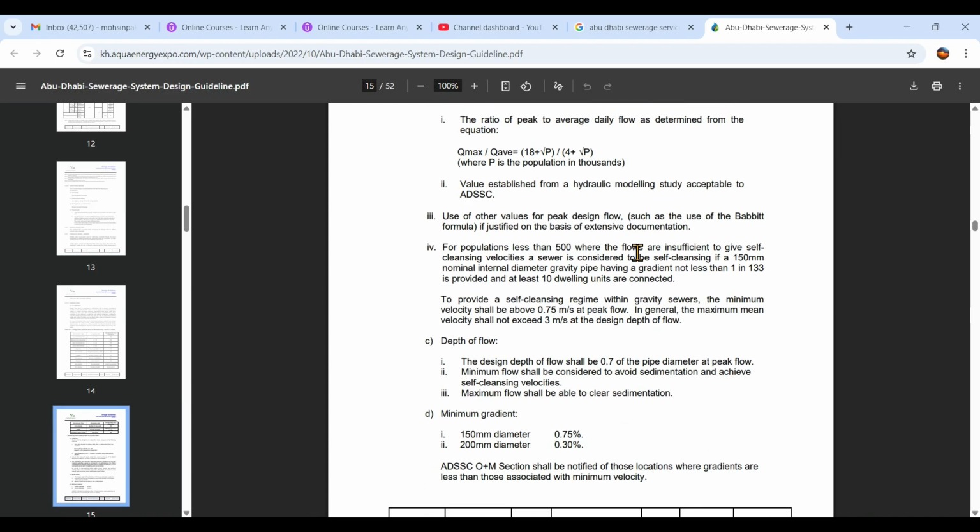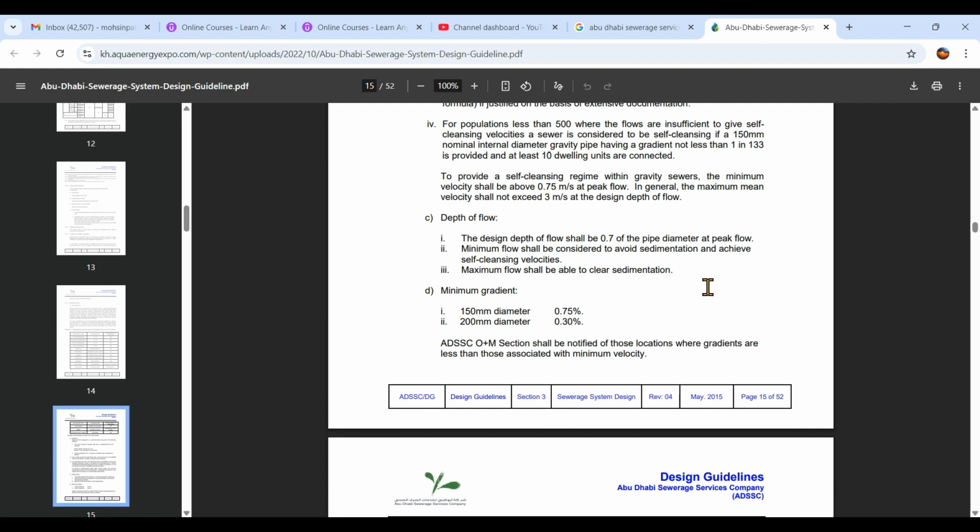All right, if the population is less than 500, where the flows are insufficient to give the self-cleaning velocity, it is considered to be self-cleaning if a 150 mm diameter pipe with a gradient not less than 1:3 is provided and at least 10 dwelling units are connected. So if the population is less than 500, you have to consider 10 dwelling units. Okay, so the minimum velocity is 0.75 meter per second,